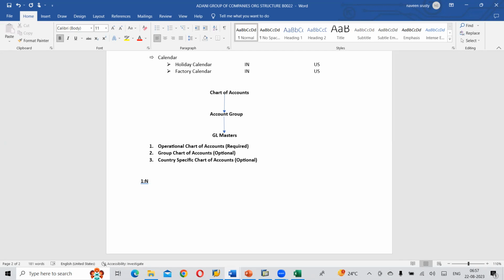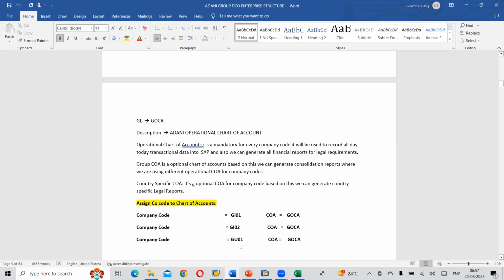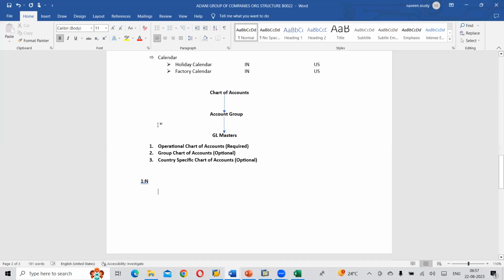So one is 1:N methodology. As I said, somebody has created an operational chart of accounts. So I have taken GOCA. What is my chart of accounts? I'm taking, for example, GOCA. What do you mean by 1:N methodology? In the sense, one chart of accounts means one book we can assign to a number of company codes. Whatever company codes are, we are going to use a common chart of accounts. For example, if I take GOCA, it's nothing but Adani